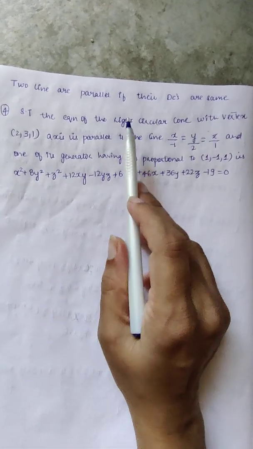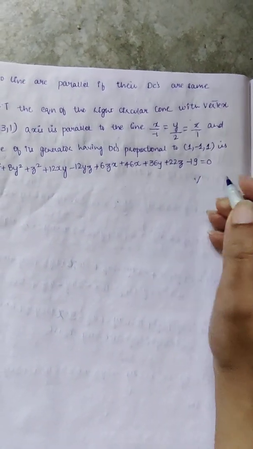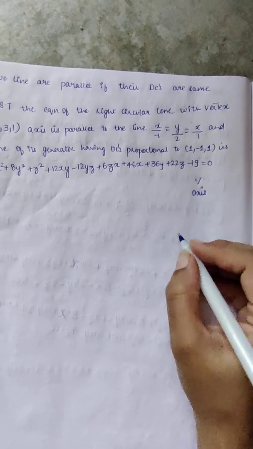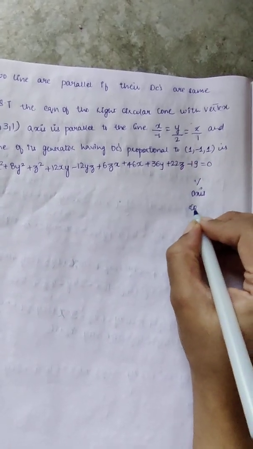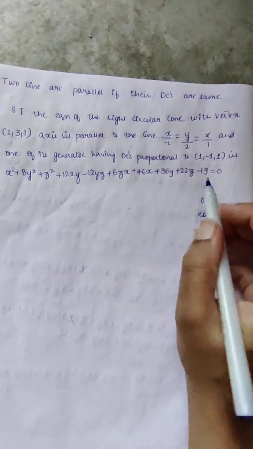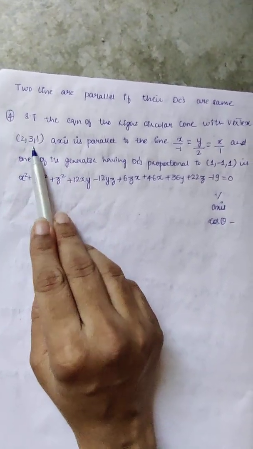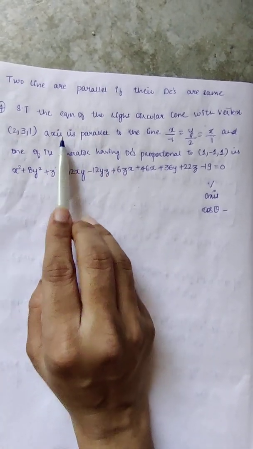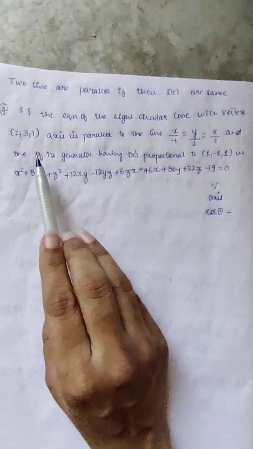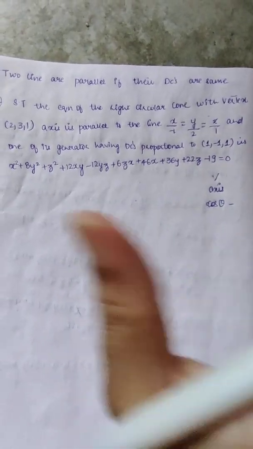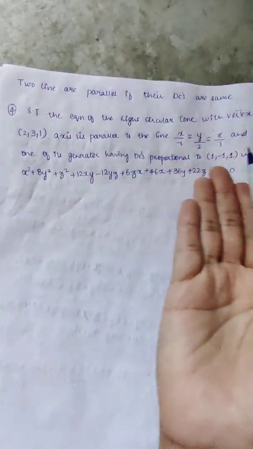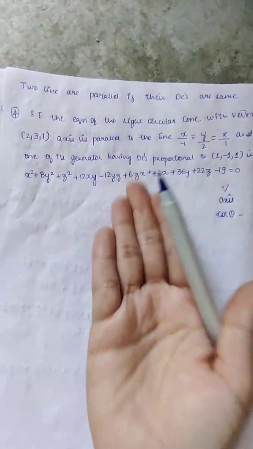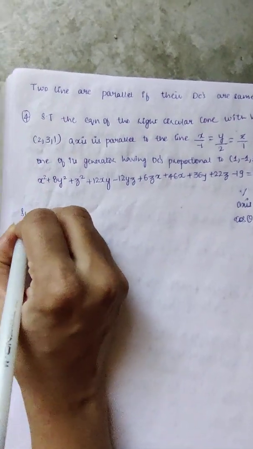So girls, I always told you to remember that whenever I am constructing the equation of a right circular cone, what are the most important things I have to remember? I have to make sure that the vertex is there, I have an axis, that is, a fixed line, as well as the cos theta angle, that is the semi-vertical angle. Now if I observe here, the vertex is given to us, the axis is not given, but the hint to construct the axis is given. It tells us that the axis is parallel to the line. What about the semi-vertical angle? Even that is not present. Maybe there must be some hint hidden in the question. When we start solving it, let us talk about it one by one. So let us move on to the solution.